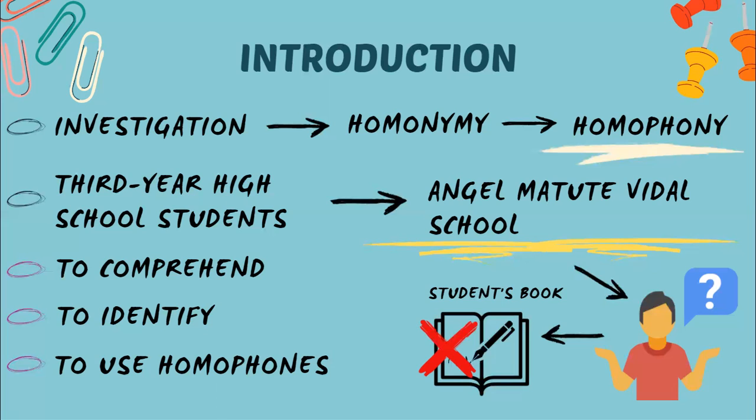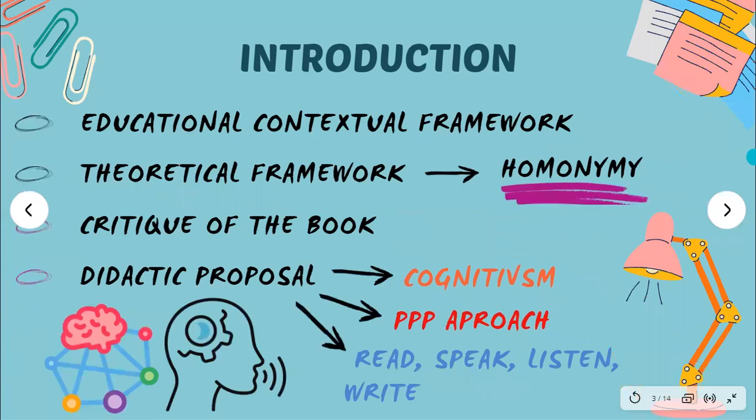The purpose of this research is to help the learners comprehend, identify, and use homophones and homonyms appropriately. The research is composed of the following sections: the educational contextual framework, which explains the educational and sociocultural situation of learners, as well as the approach that we will be addressing over the didactic activities. Then, the theoretical framework,